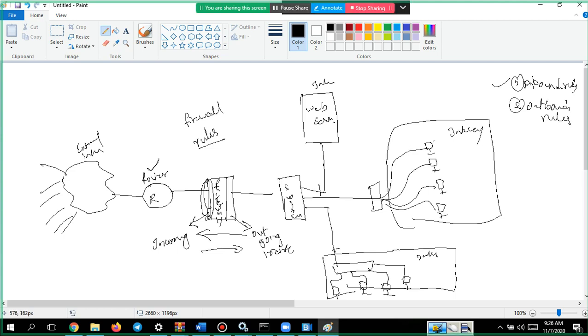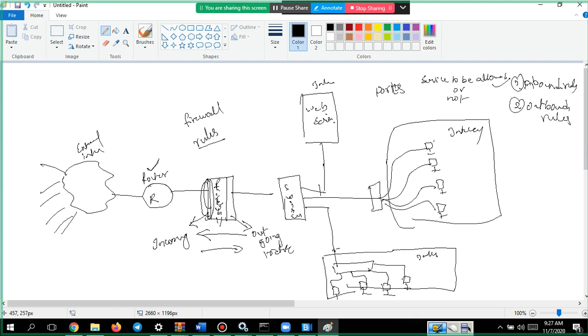Inbound rules tell whether, from external to internal, to our system, web server or someone they are trying to communicate with, that particular service is allowed or not. Remember, whenever I say service, it is related to port numbers.